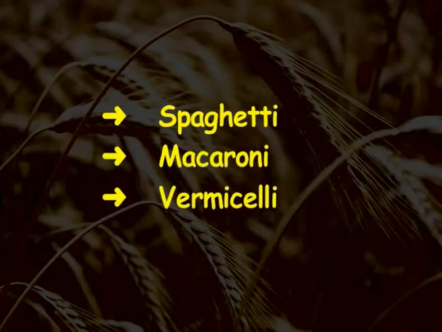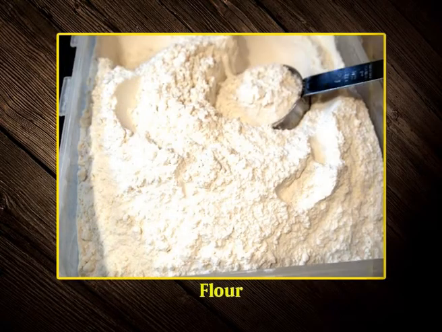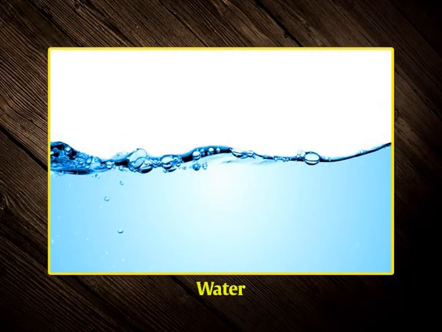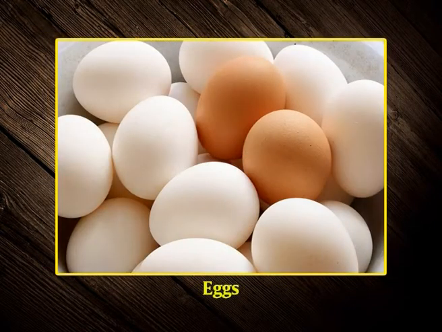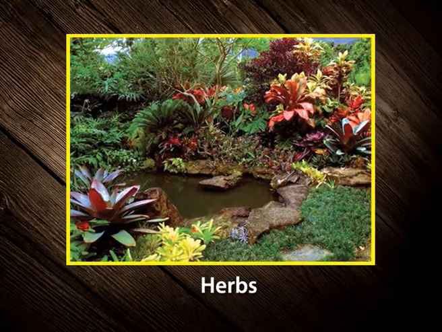Pasta. Pastas are among the simplest cereal products used in the human diet. The elementary pastes include foods such as spaghetti, macaroni, vermicelli, and noodles. Ideally, they are made by mixing durum wheat semolina or flour, common wheat flour, or various combinations of these, water, and optional ingredients such as egg, spinach, tomato, herbs, etc.